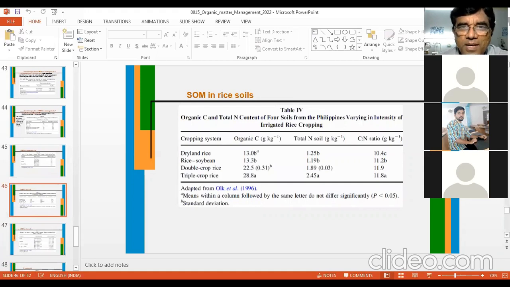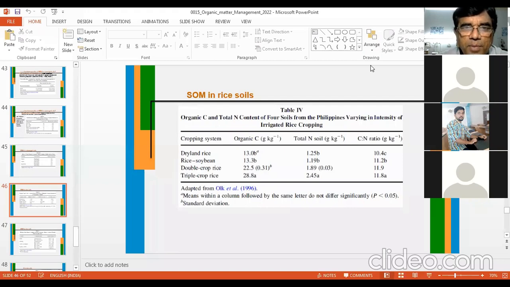Now see one more case, organic carbon and total nitrogen content of 4 soils from Philippines, varying in intensity of irrigated rice cropping. Now see, if it is dryland rice, here dryland rice means upland rice, aerobic conditions, organic carbon is 3 gram per kg. Total nitrogen is 1.25 gram per kg soil, and C:N ratio is 10.4. See the rice-soybean system. Here carbon content is 13.3. So here you are taking just 1 crop of rice, and your carbon content is